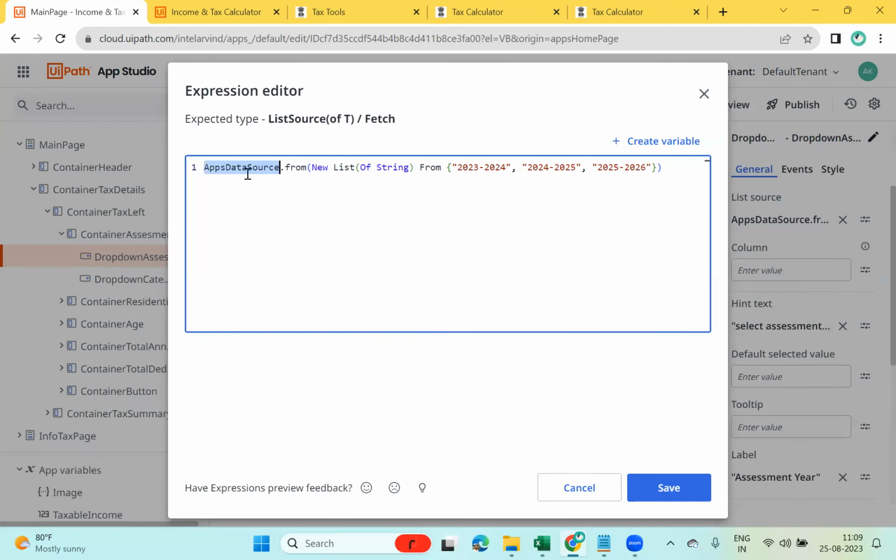What you can do is give your app's data source as New List of String From, and then you can create this list and pass the values in it. I am just passing 23 to 24, 24 to 25, 25 to 26. This can be dynamic also, but in certain cases where we have less data and you want to just pass static data, this is the way you can create a drop down in your VB apps. Okay, so now